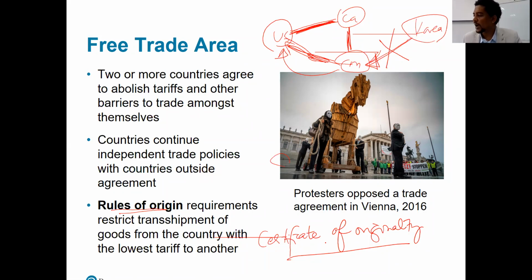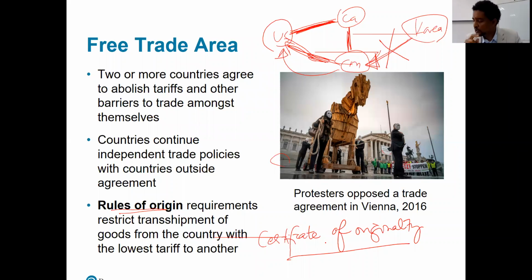This means an investor in Mexico or an investor in Canada cannot export products that they have imported from other countries, okay? Because that will give an advantage to Canada, right? Because these products are not produced in Canada, they buy them, then they can sell them free of